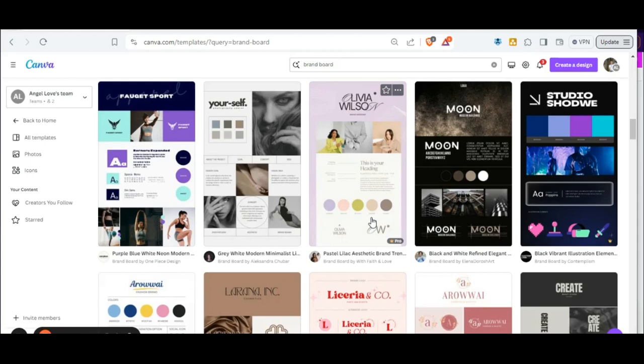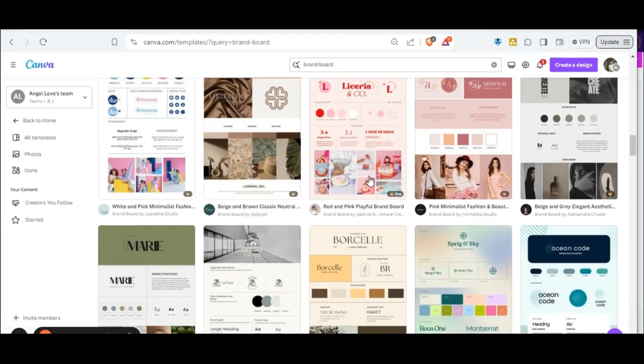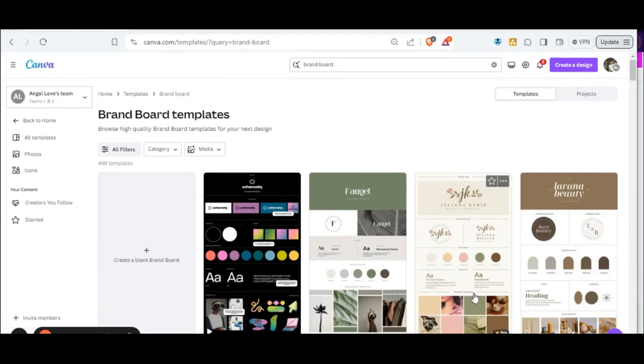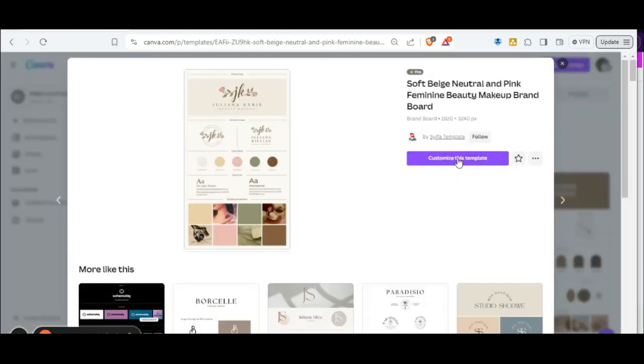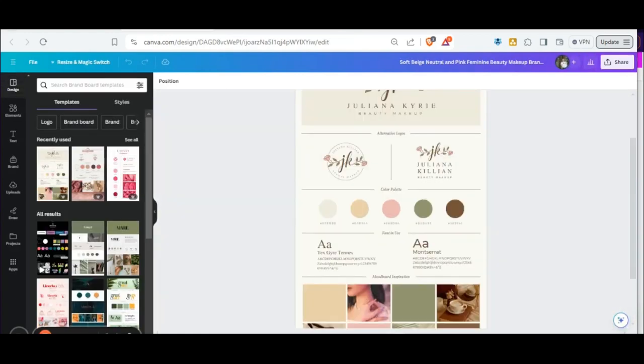Really what you want on this brand board is you're going to have a space for your logo, your fonts, your colors, and some images is mostly what you want, so it can be as simple as you like, really. I get drawn to colors normally, and then that's what I go by. So anyway, I'm just going to go with this one. And then you can customize the template, so you just click on that. And then I'll just make this a bit bigger, not that big, because obviously I want to be able to